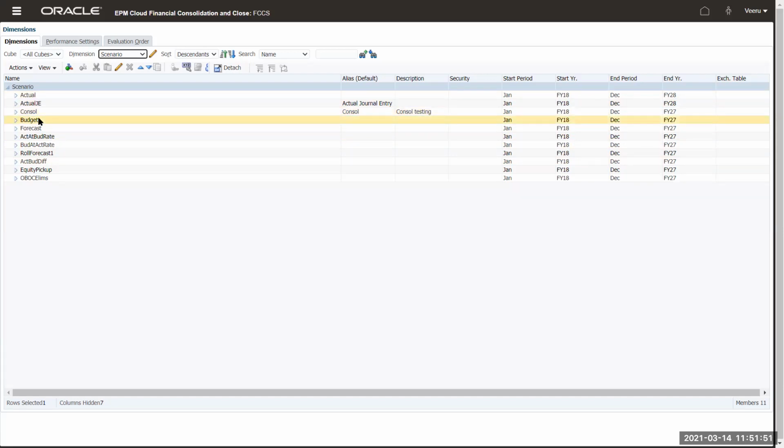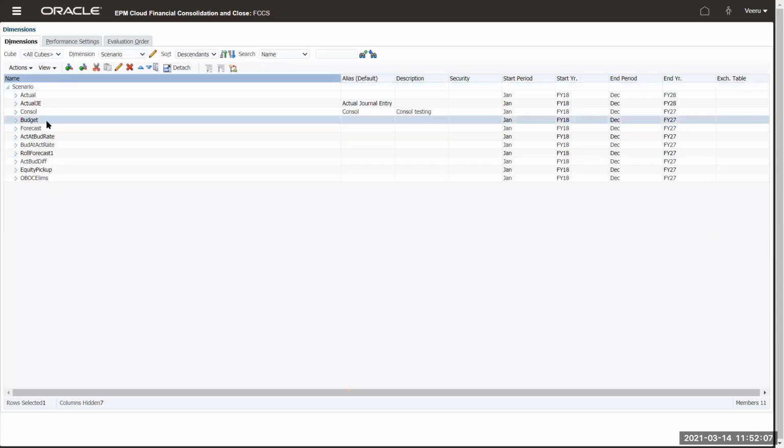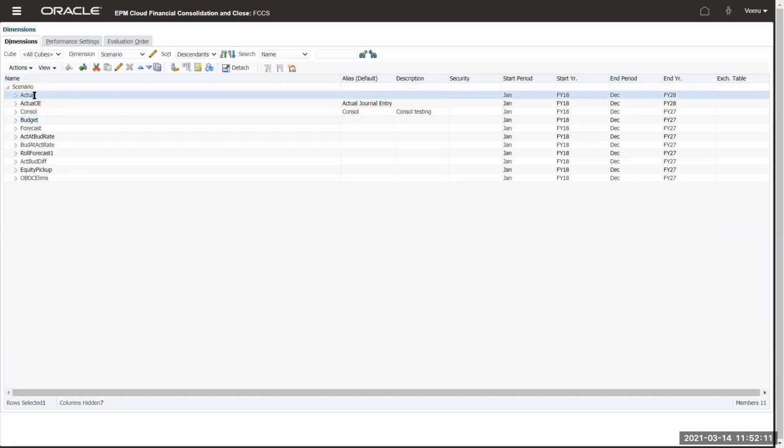From a consolidation perspective, you usually have the actual scenario, but if you want to use the same console application for other scenarios like budgeting or forecasting or some rolling forecast, you can have these scenarios created, and for each of these scenarios you can assign security. So say which user should be part of this. For example, let's say actual security, then assign access to it. Only this specific group of users needs to be given access to the actual scenario. So scenario is very useful in that way.